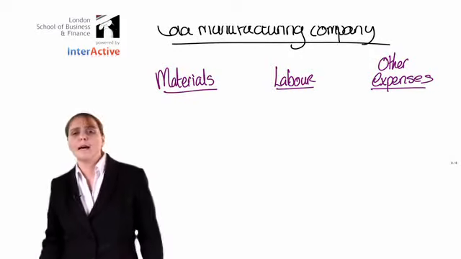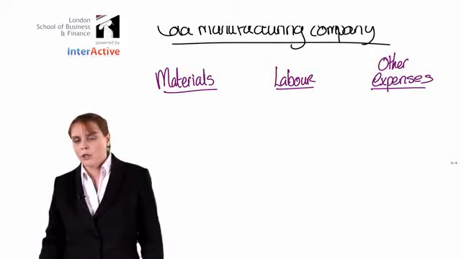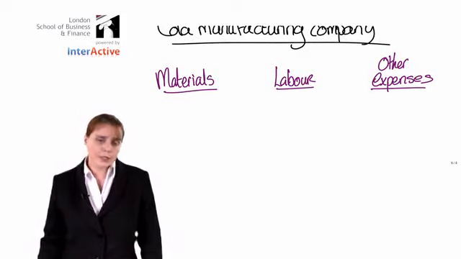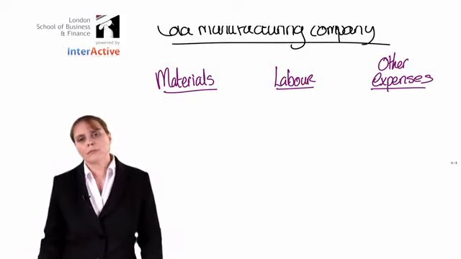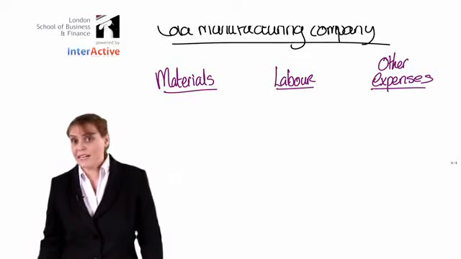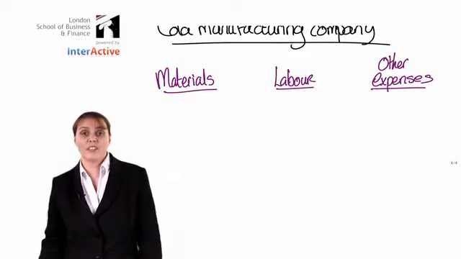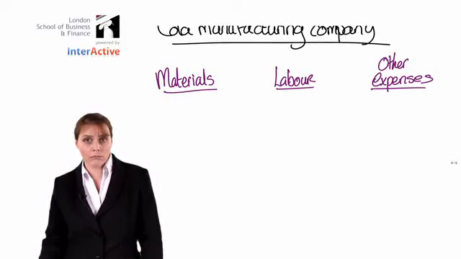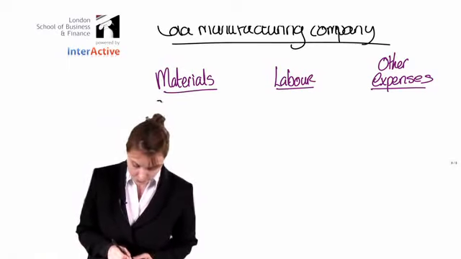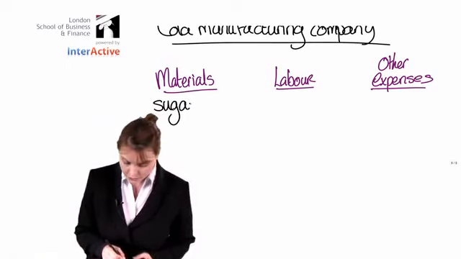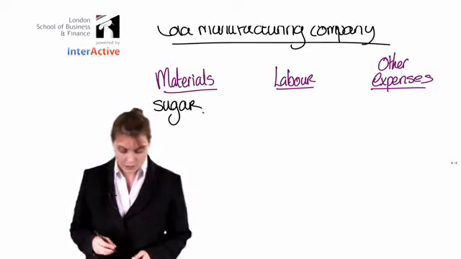So, a cola manufacturing company. What might be the material costs incurred for that company? Well, if we start with the basics, we can think about what material is needed to produce a can of cola. Well, if it's a can of cola, presumably there's going to be an awful lot of sugar in there,